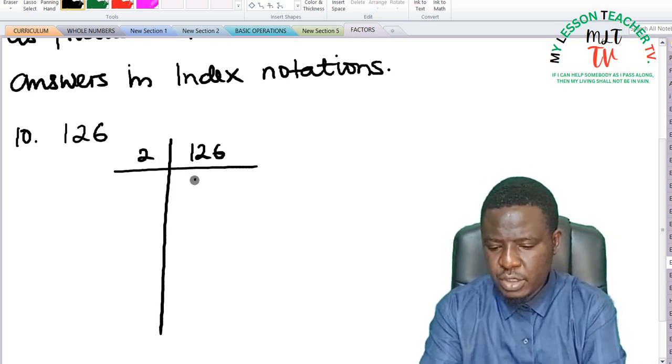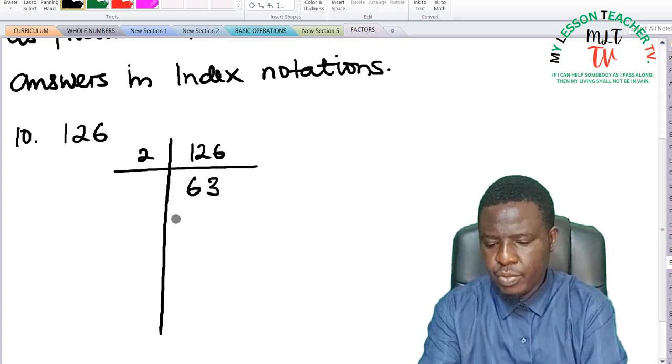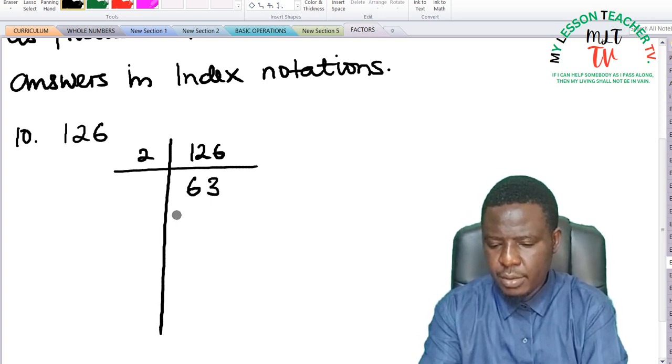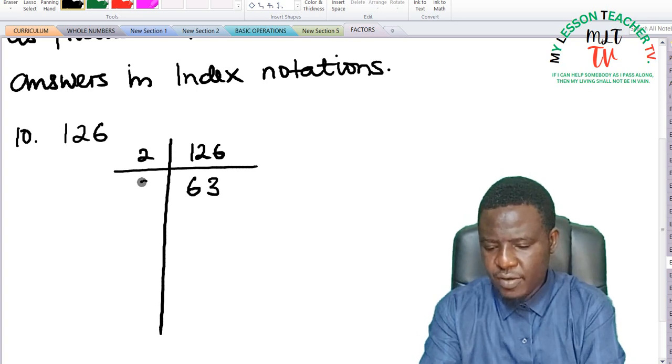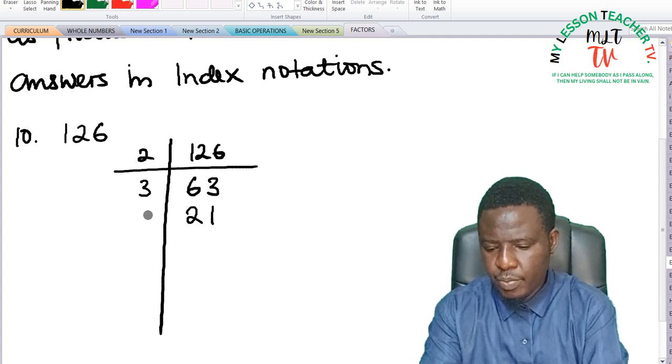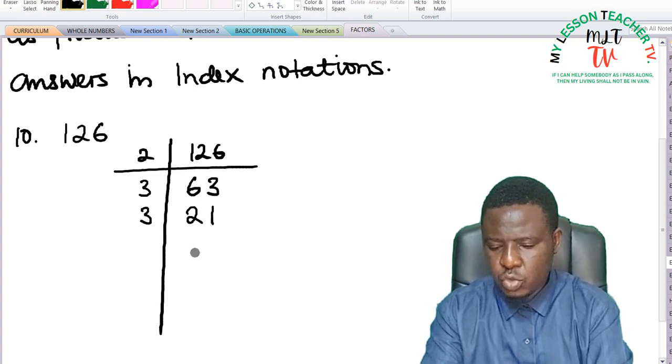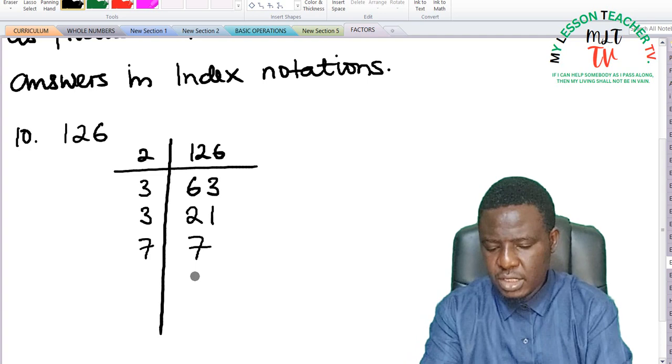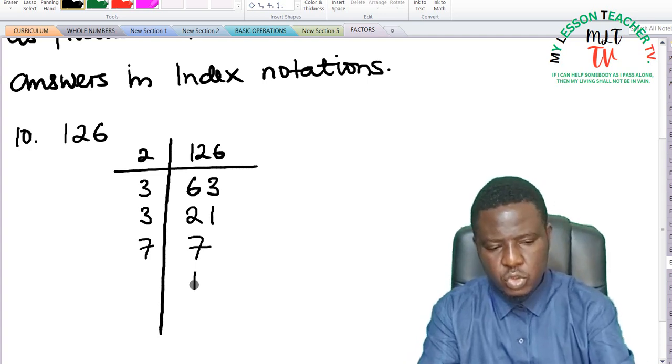2 into 12 is 6 and 2 into 6 is 3. 2 can no longer divide, but 3 can divide. 3 into 6 is 2. 3 into 3 is 1. 3 can still divide, for 3 into 21 is 7 times, and 7 can divide itself 1 times, so that